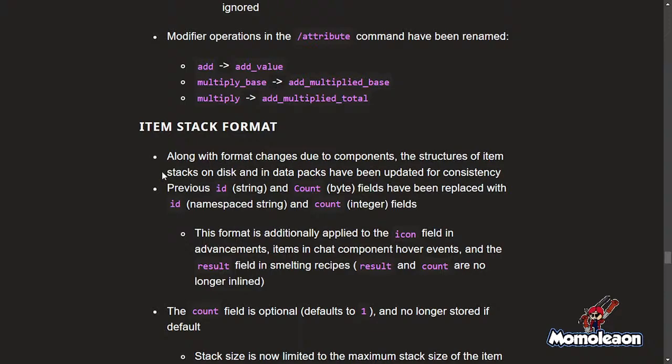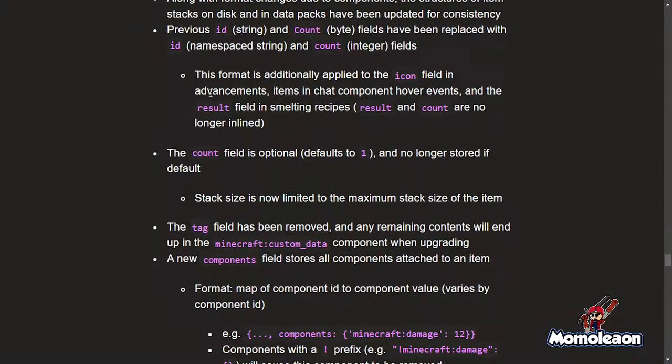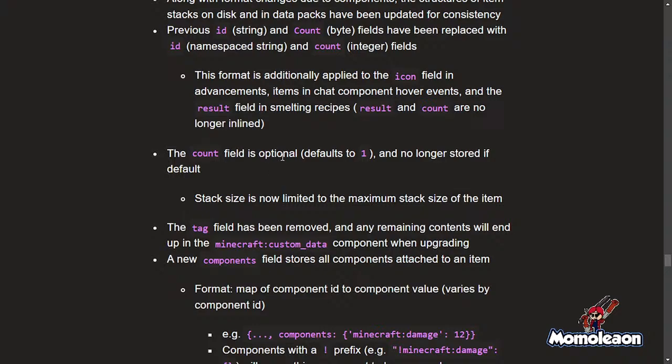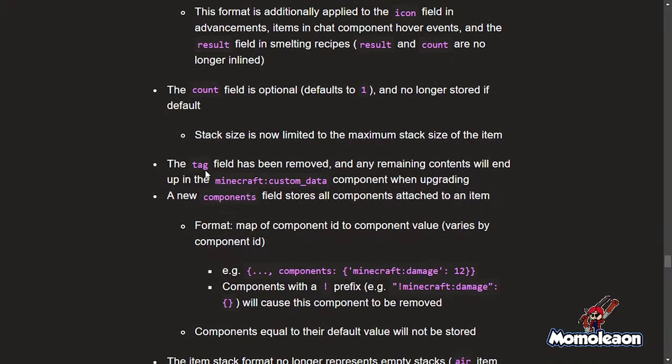The structure of item stacks on disk and in data packs has been updated for consistency. Previous id string and count byte fields have been replaced with id namespaced string and count integer fields. The count field also now defaults to 1 and is no longer stored if default. Stack size is now limited to the maximum stack size of the item. The tag field has been removed and any remaining contents end up